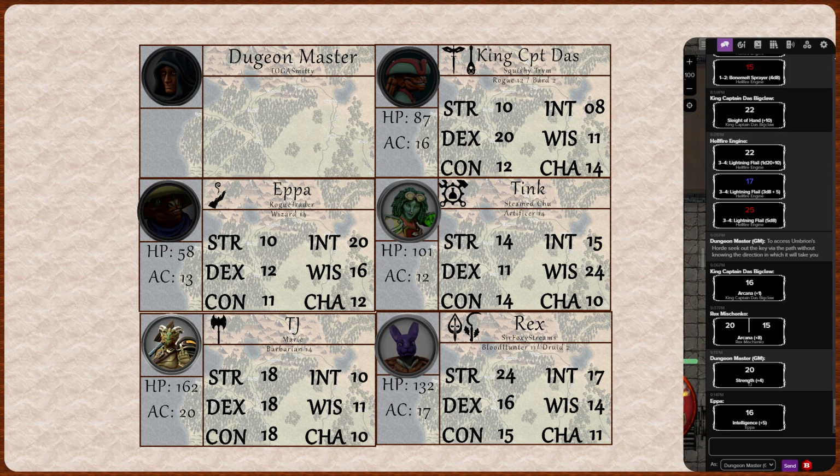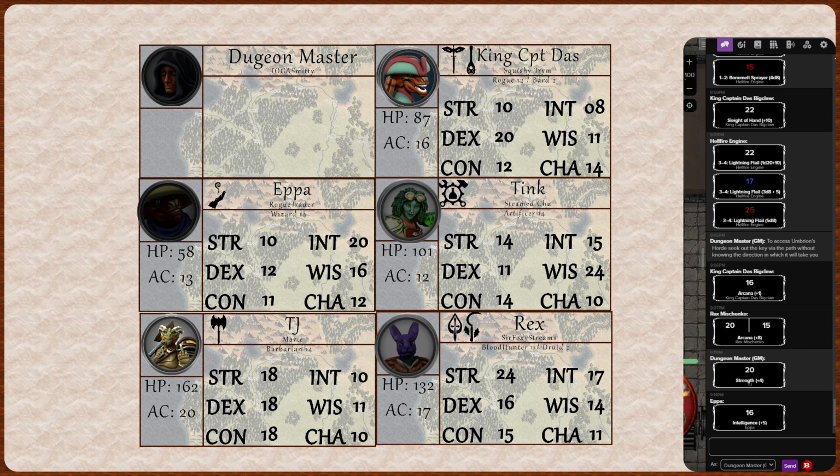Okay. Take out the key via the path without knowing the direction it will take you. Okay. Everyone, spin round on the spot until you're dizzy, and then just walk forward.